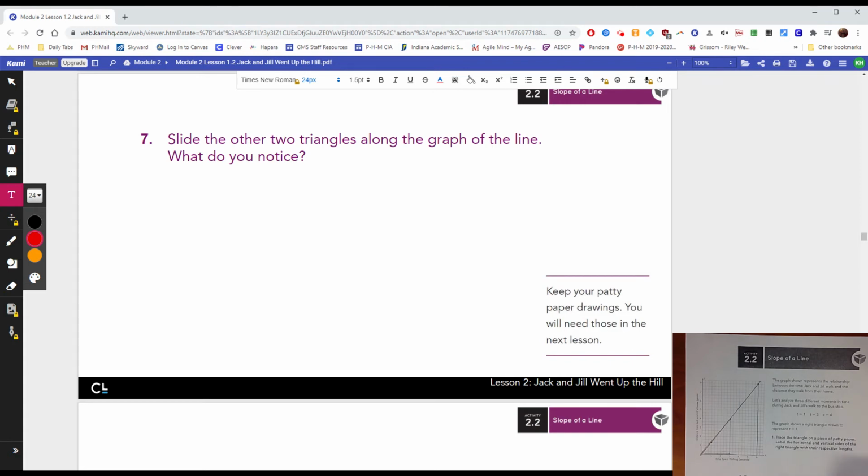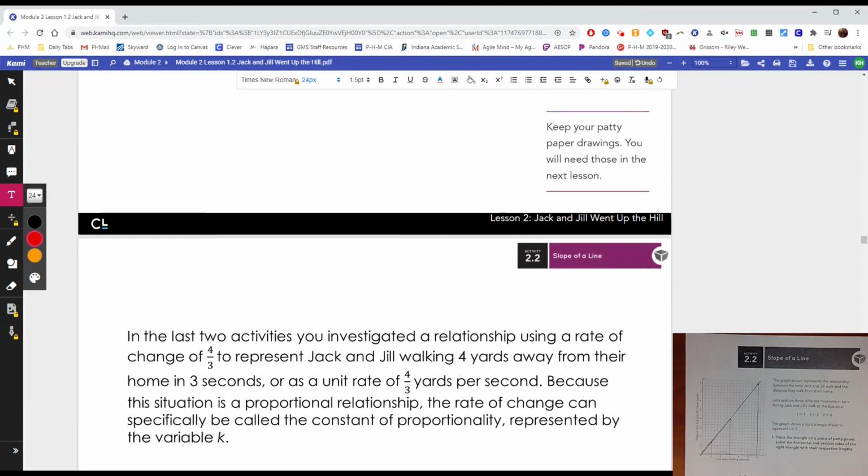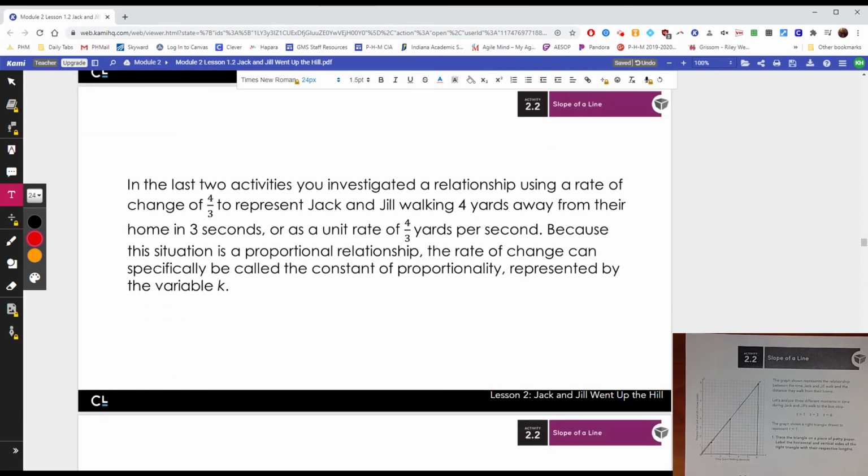The other two triangles also connect any 2 points on the line. So interesting here that all of them connect the same things,